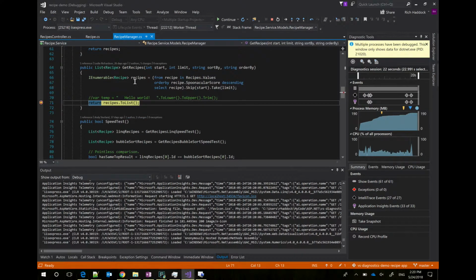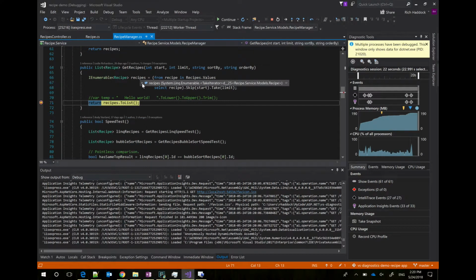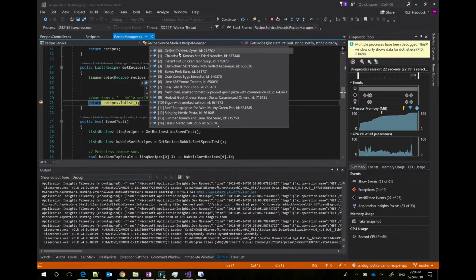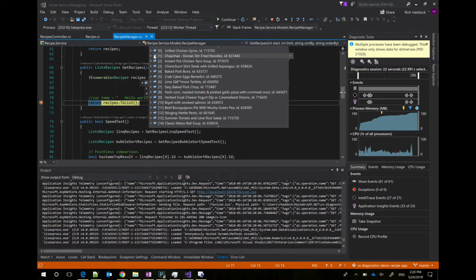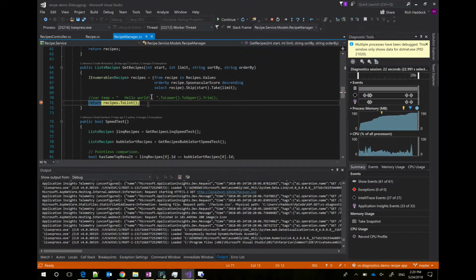So here's my recipes breakpoint again. Man, I hope this works. So let's go look in results view, and sweet. So I have all of my objects and the ID, just what I want to see. I don't have to drill into each one and be like a mouse gymnast to be able to find out which thing I need. So that's basically that. There's a whole bunch more in this particular talk that I'd recommend you go look at. But that was my favorite one, and that's what I took away from Build.